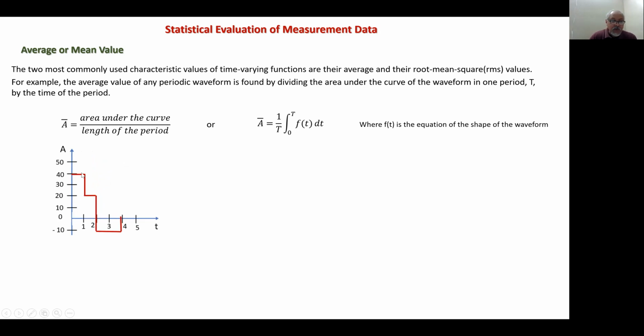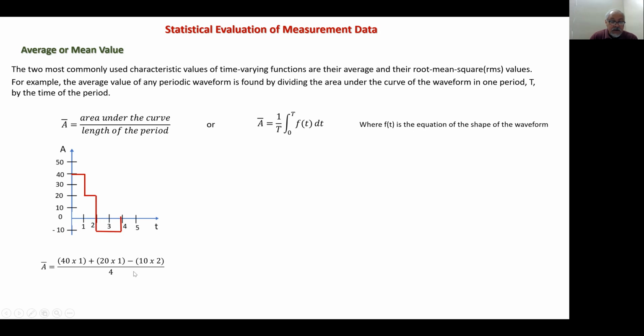Now, this is an example. This is a wave that is going in this way, and we're looking for the average value. According to this definition, it's going to be area under the curve. So this area is positive, and this area is negative. So we have 40 area times 1 second, correct? This area plus this little area over here, which is going to be 20 times 1, minus this area because it's below